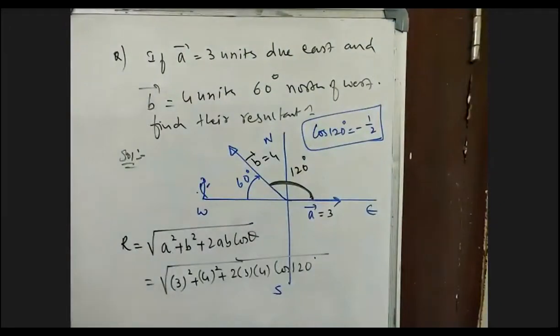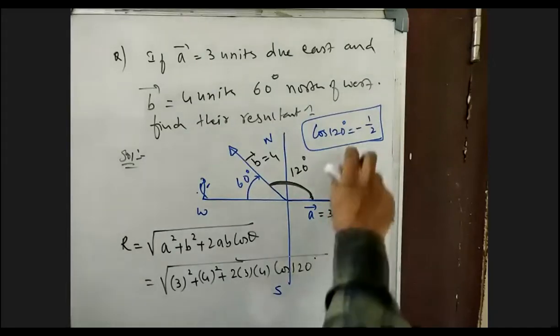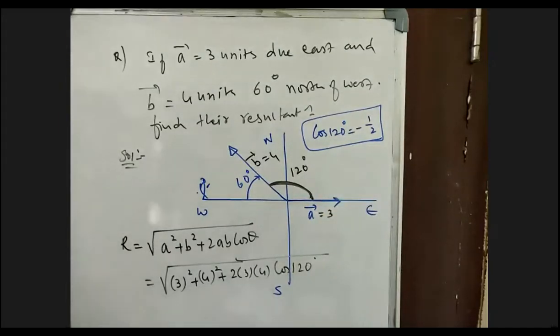Actually, I was supposed to start with trigonometry only, but as DP sir was taking the trigonometry part of basic mathematics, I stopped it. You need to be very perfect in the trigonometry and quadratic equations bit. Otherwise, it will be very difficult for us. Anyhow, cos 120 is minus 1 by 2. If you simplify it, you will get the answer now. I hope you can give me the answer.